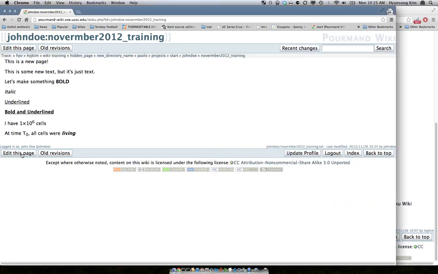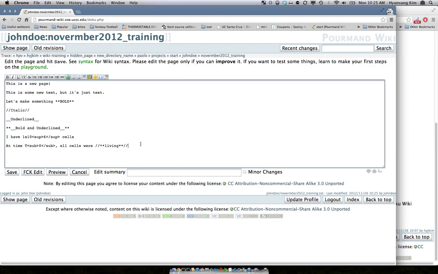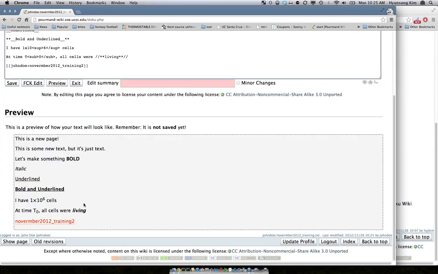We went over links briefly, but let's talk about links a little bit more here. A link in DokuWiki is always in this format. It's always within two open and two closed square brackets. And so you can make this link go anywhere. Like we can call this John Doe November 2012 training 2, and we can create a page. And if we look at the preview,